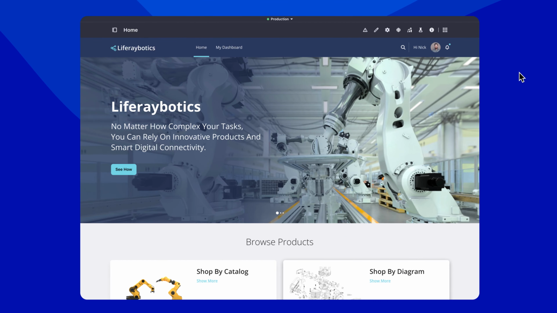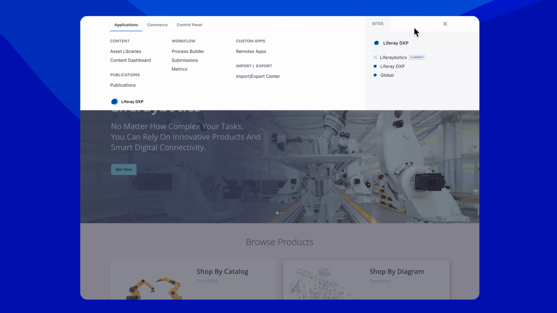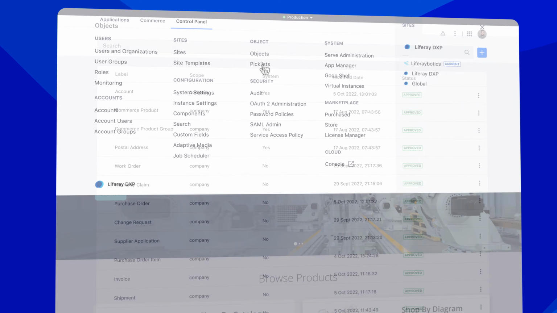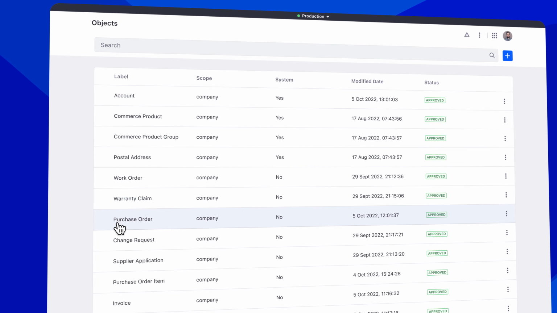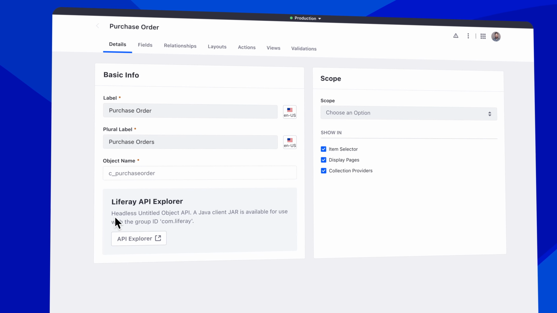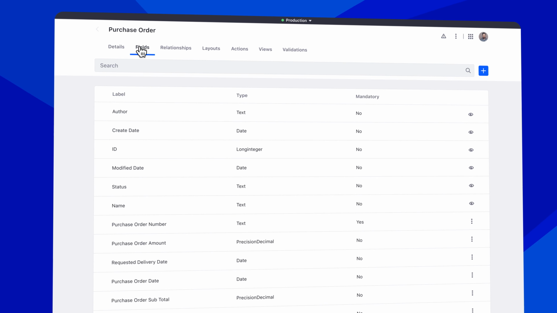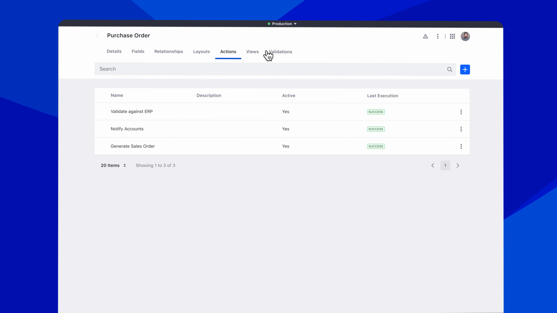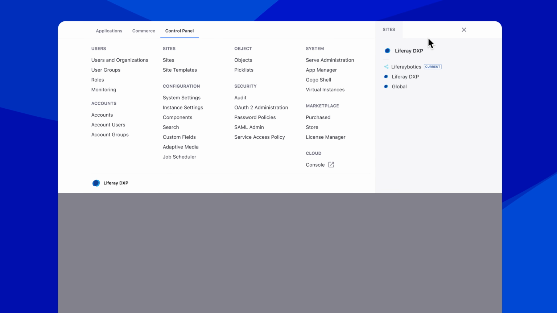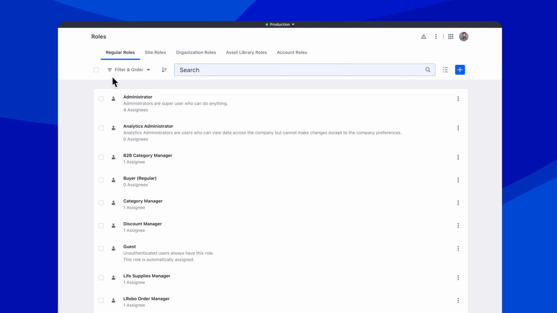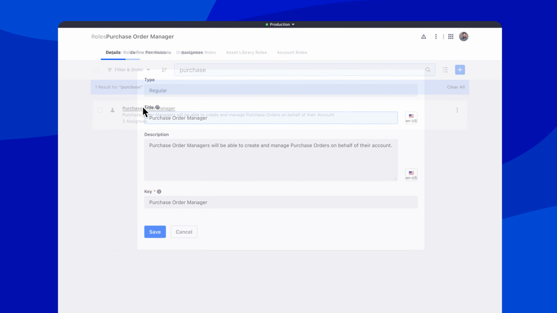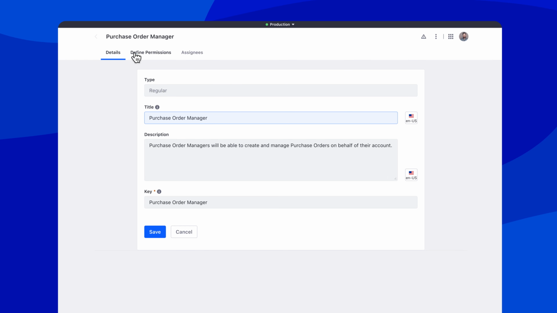With Liferay's powerful low-code capabilities, you can easily adapt your business processes to existing and to future needs in a timely manner, without the need to involve specialized IT resources. Simply build, deliver, and manage your own applications by leveraging the out-of-the-box features of Liferay Objects. Each application built with objects is integrated with Liferay's core frameworks to provide a unified experience across the platform and take advantage of Liferay's capabilities.